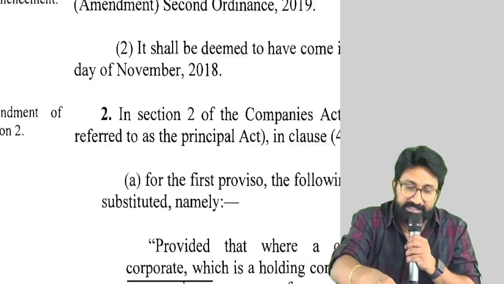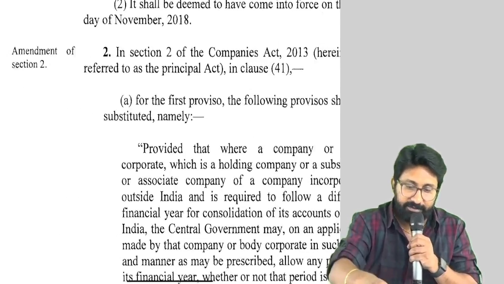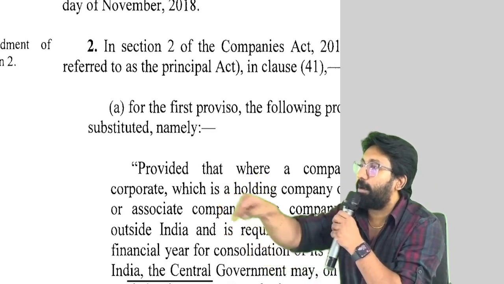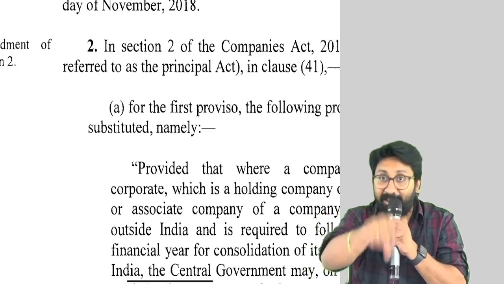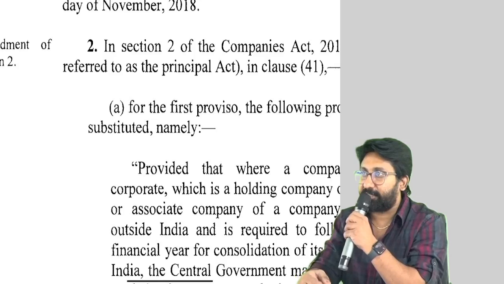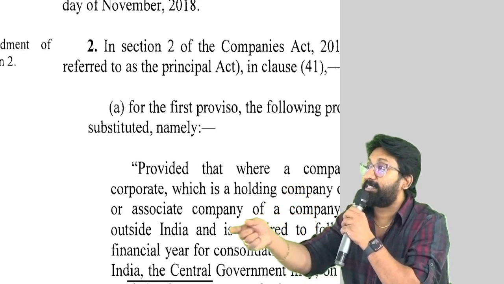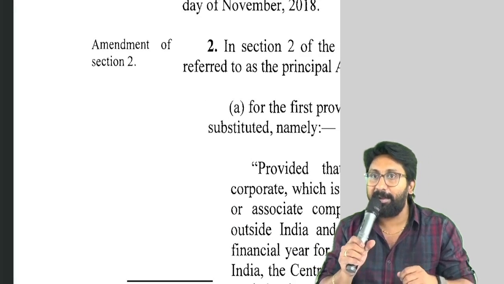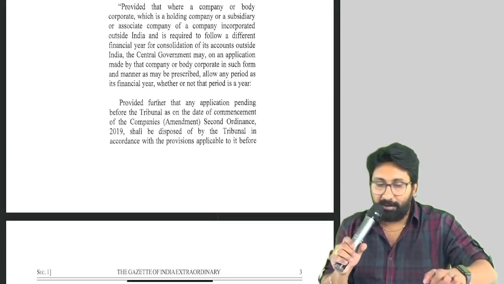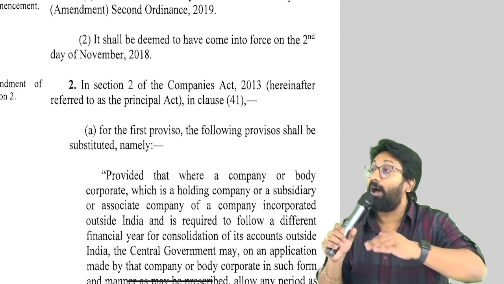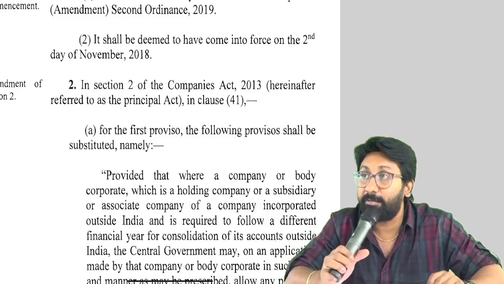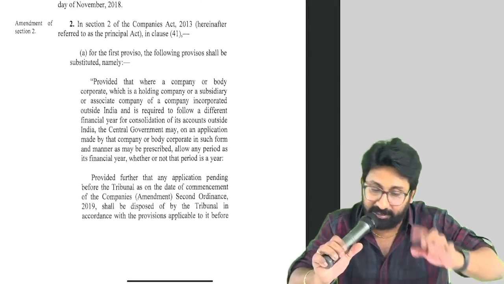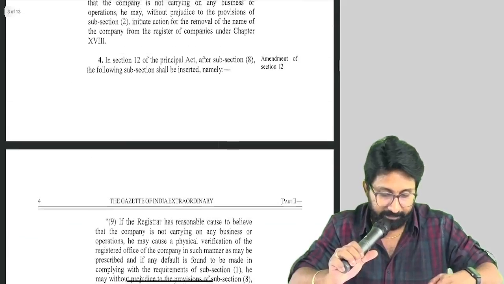Which section is amended? First, which section is amended? Section 2. Section 2 is written new or there are amendments. Therefore, they will not write the name of the section now. If it were the name of the section, it would continue with the section. Since they wanted to tell what is happening in that amendment, they will write like this: Amendment of section 2. Now tell me, what will be there inside this? Only amendments will be there. Entire section 2 will not be there. Amendments only. That's it. See, like this they will give.